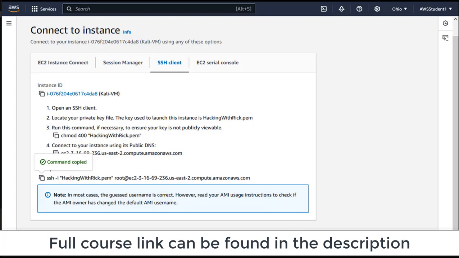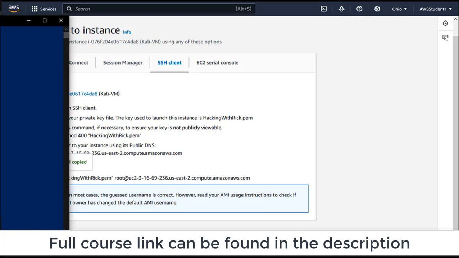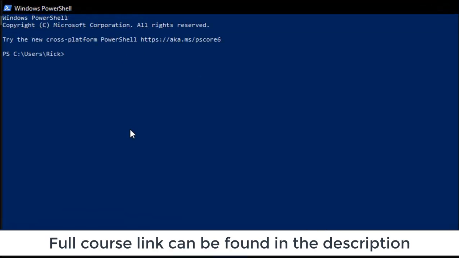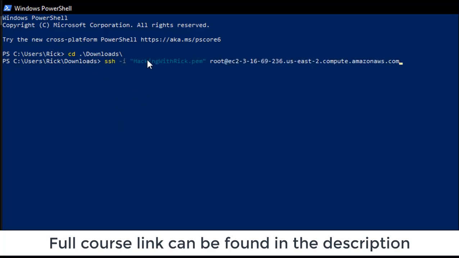Now, I'm doing this all in Windows. If you're using Mac or Linux, you can utilize the terminal here. So within PowerShell, I'm going to change to the directory where I downloaded my key pair. A few moments ago, we downloaded a key pair called Hacking with Rick. We're going to change to the directory where that key pair exists, and then we're going to paste in that